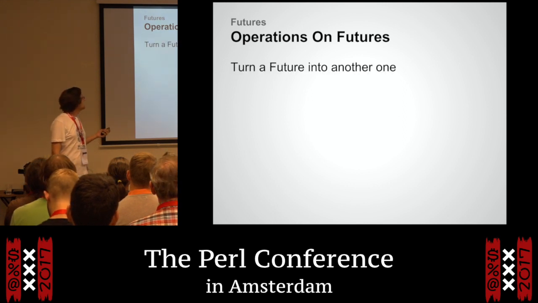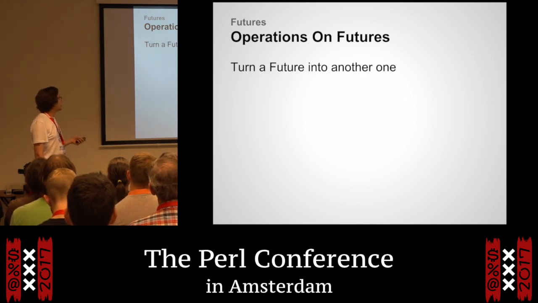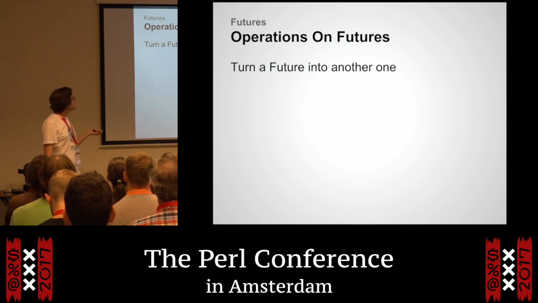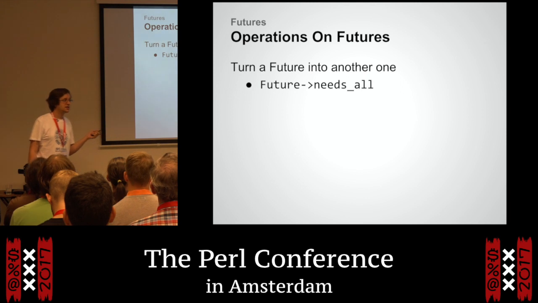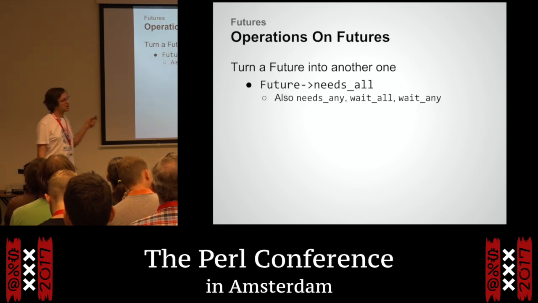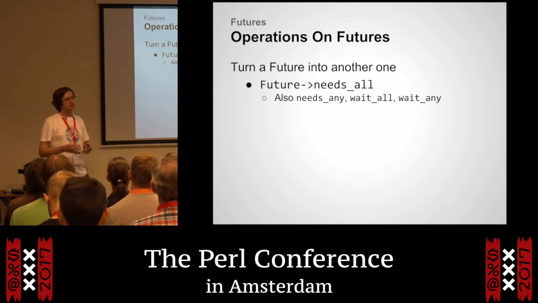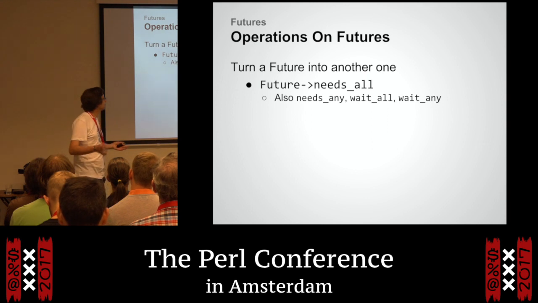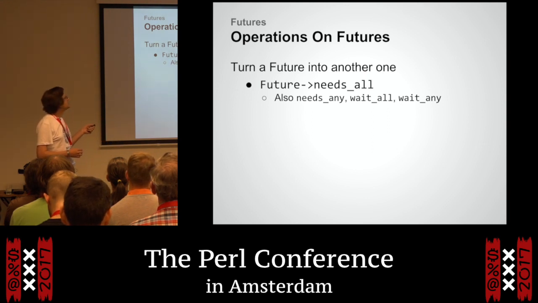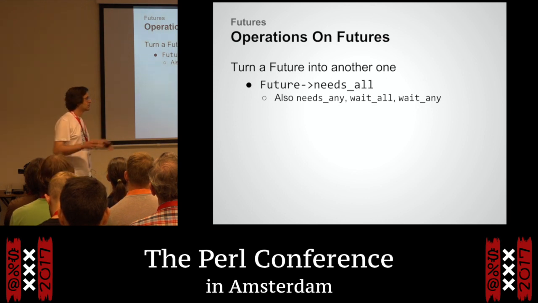But in summary, a lot of the operations on a future start to get a bit messy sometimes. You can turn futures into other ones. We've already seen needs all. There's a few other combinations, like you can wait for any one of them to complete, and there are variations on how to deal with errors, because futures can fail as well as succeed. I won't go into that in much detail, but there are ways that you can decide if some of these fail, do you still want to try and do the rest, or do you just want to pull the whole thing off, whatever.